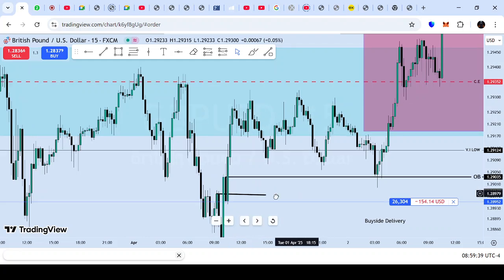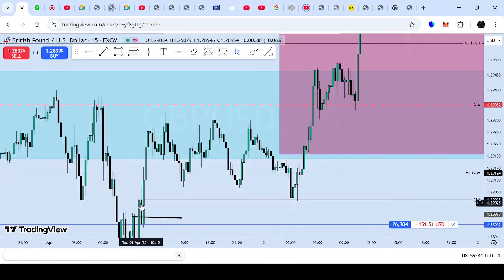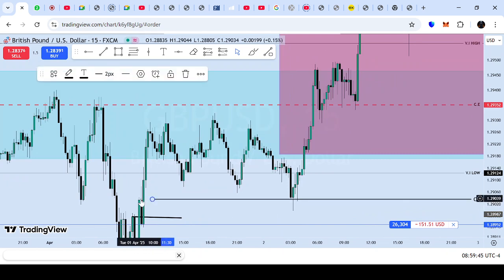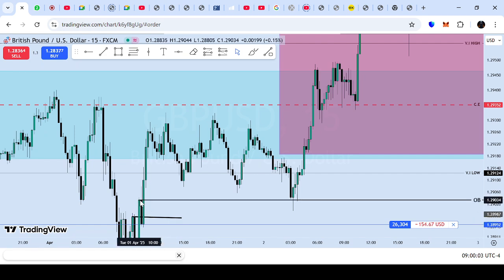Then if you are bullish, you treat every last close candle as an order block at the opening. This is the opening of the candle, then here is the close. It opens, rallies, then closes down. That's a bearish candle, so you treat the opening as your order block,